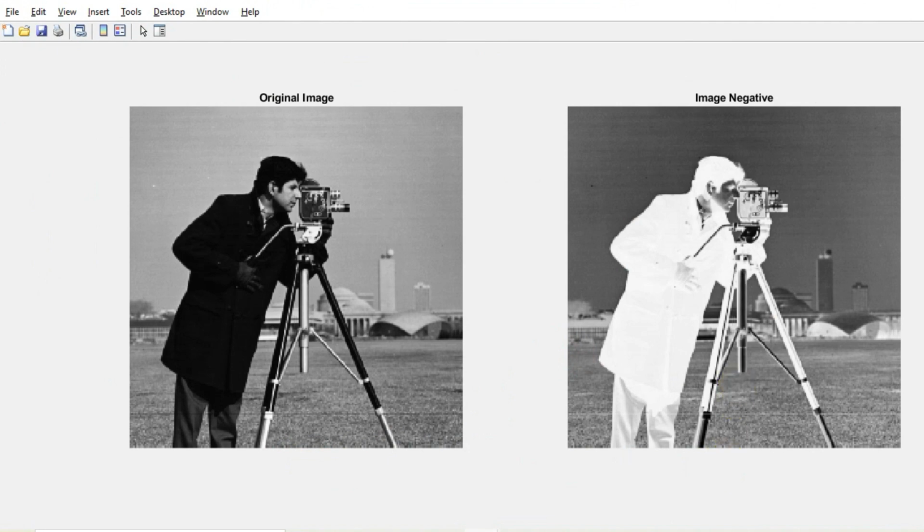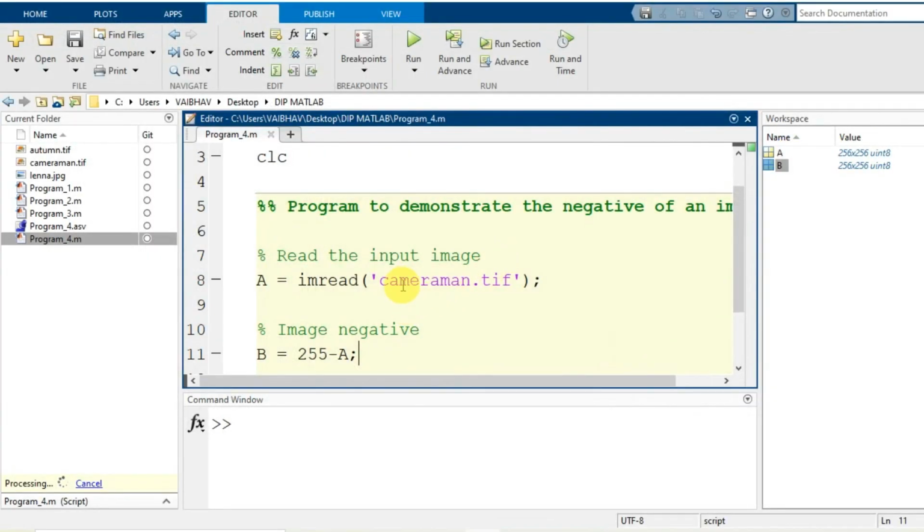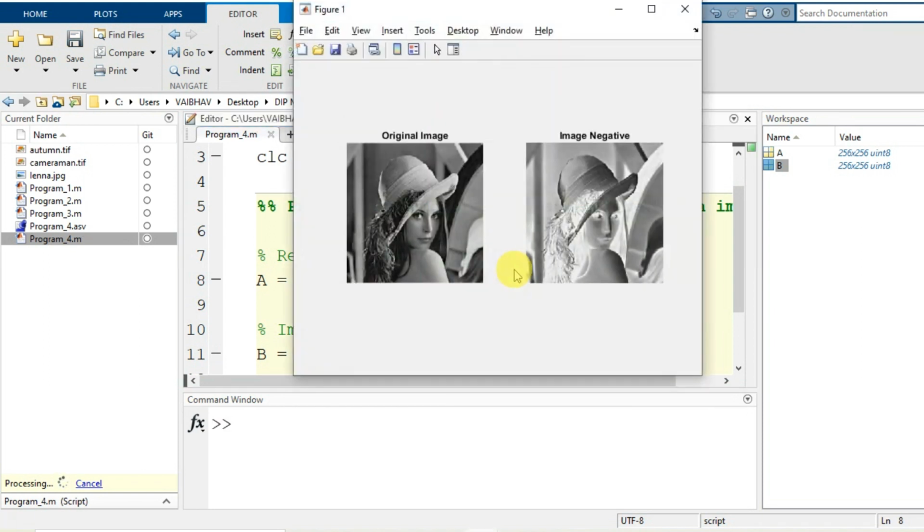If I change the input here, instead of cameraman.tif, if I make it another one, let us say Lena, the file extension is different, that is JPG instead of TIF. I save the changes and run it again.